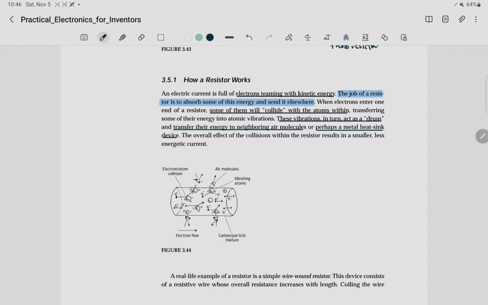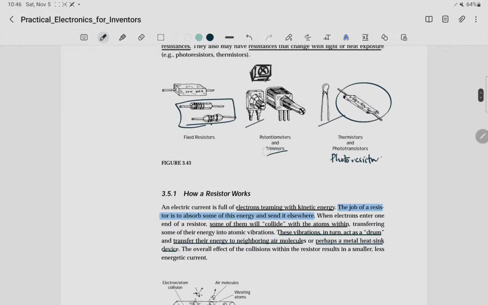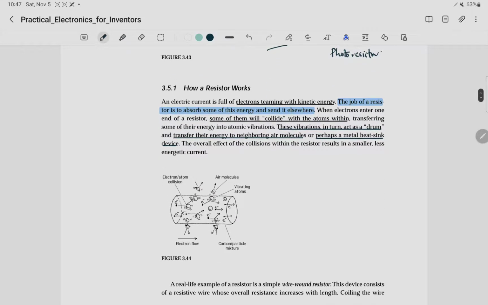As these electrons flow through the circuit, when you connect a resistor, they end up colliding with some of the atoms, because different types of resistors are made of different materials. So if you have one that is made out of carbon atoms, these electrons will be colliding with